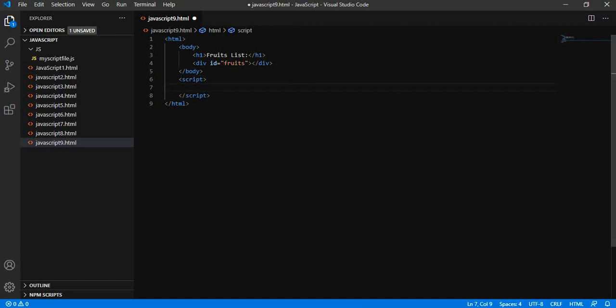So we can define the array directly by writing the variable name equals to, and inside the brackets we will define the values.